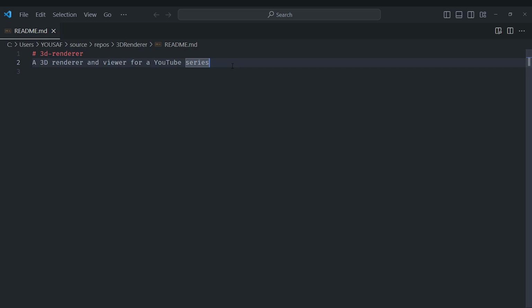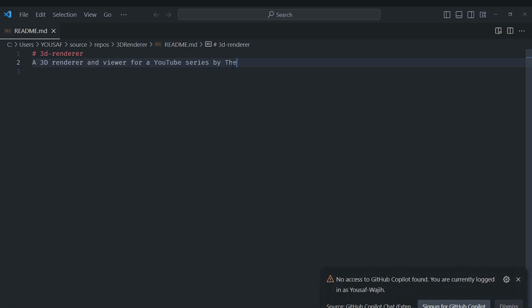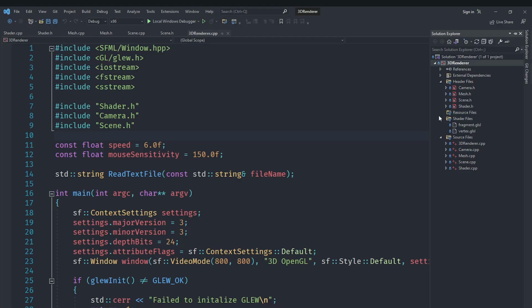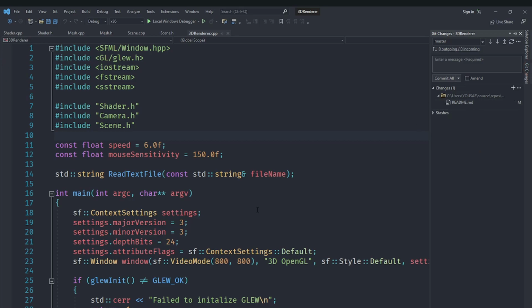Perhaps you can, for example, add something else from here: for a YouTube series by the Hello World guy. You can put anything you want here, of course, it's completely up to you. And once you have done that, you should be able to go under Visual Studio, and if you go under Git Changes, it should automatically detect that we have modified our readme.md. We need to enter a message here if we want to commit this, so let's just call it updated readme,